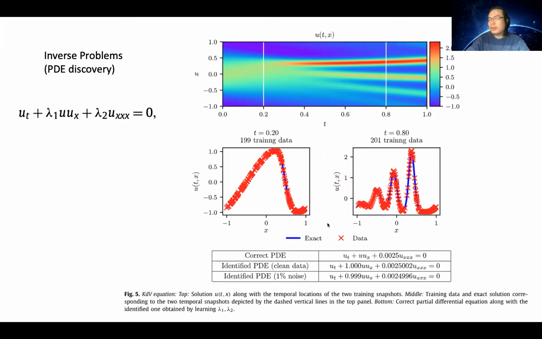But I mean, okay, this work is not done by me. This is done by another postdoc. But in the paper he didn't show, for example, what happens if the data noise size is larger. But my experience is that if you have a 10% noise, you need some additional technique, for example, regularization, or maybe better to use the Bayesian PINNs, as I will introduce later.